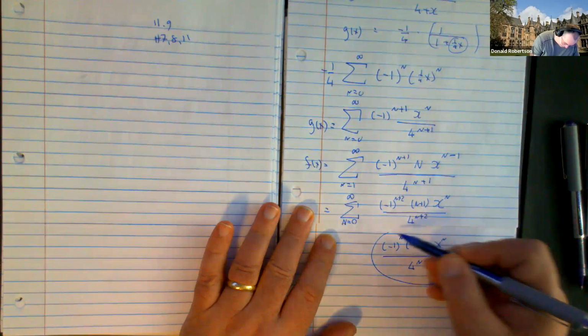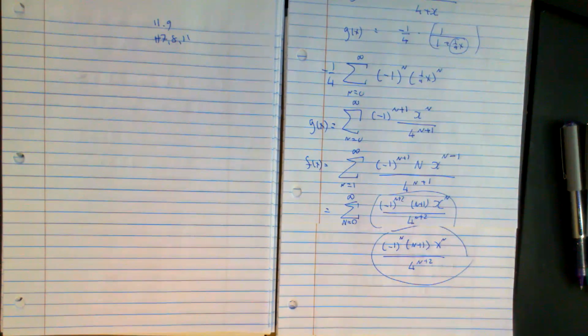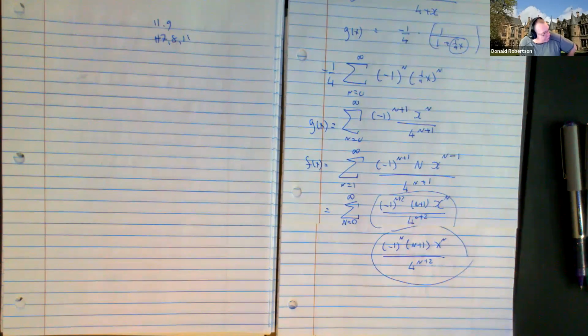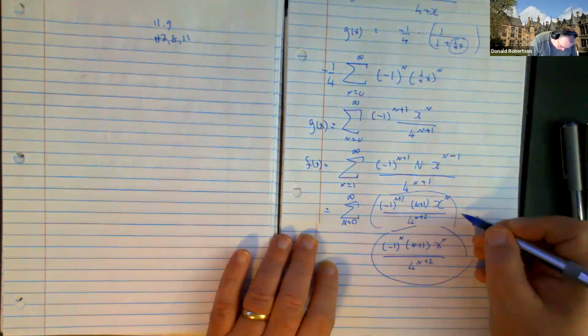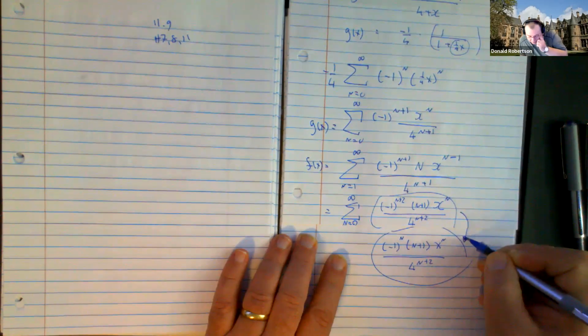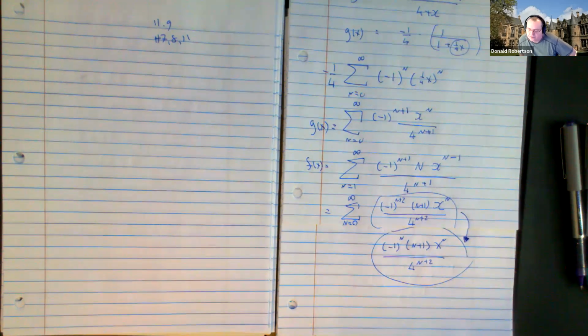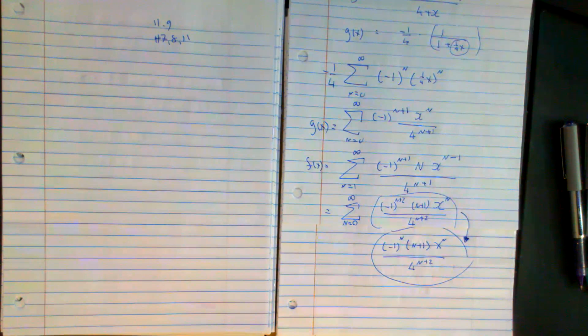This is still the answer I had. Does it still accept the -1 to the n plus 2, or doesn't it? I don't know if you've got it in front of you, type it in. If they don't accept that one, then this one is equivalent and it will accept this one. WebAssign's not a genius, it's software, so it doesn't know that certain things are equivalent sometimes, and therefore it might mark a correct answer as being wrong. So okay,